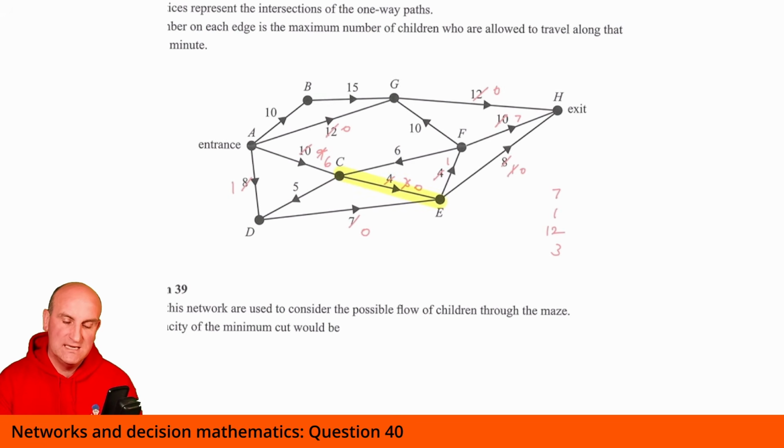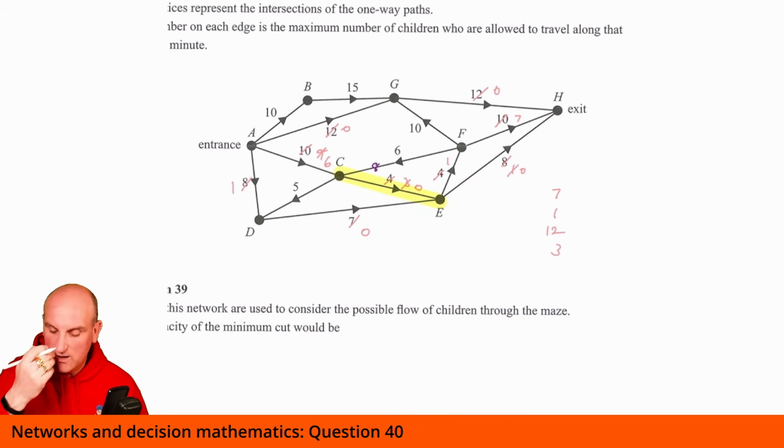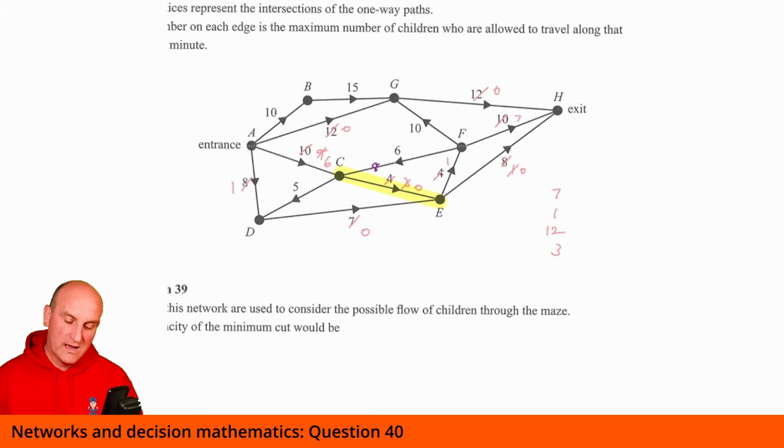Now what that actually does is, initially it was 4, increasing it to 12 gives me 8 extra capacity. Now, if I flow along here, that's got 6 there, I've got 8 there, and I've got 1 there and 7 there. So 6, 8, 1 and 7. That's only going to give me an increase of 1. I can't get fluid anywhere else down there. So that's going to give me an increase of 1. All right, so now I'm going to rub that out and start again.